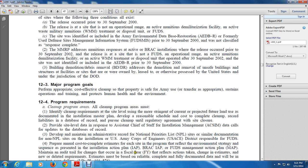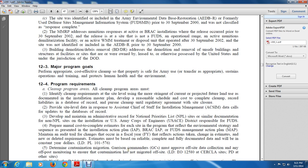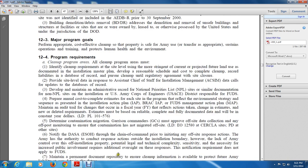Changes in estimated and newly deleted requirements estimated must be based on reliable, completable, fully documented, will be a constant year dollars LD Public Law 101-576 determination contaminant migration. Garrison commanders must approve off-site data collection any and off-site monitoring to ensure contamination has been migrated off-site. EO 12580 at circular sites, a PD other sites. Notify DASA ESHO as in the chain of command prior to initiating any off-site response actions, and the Army has